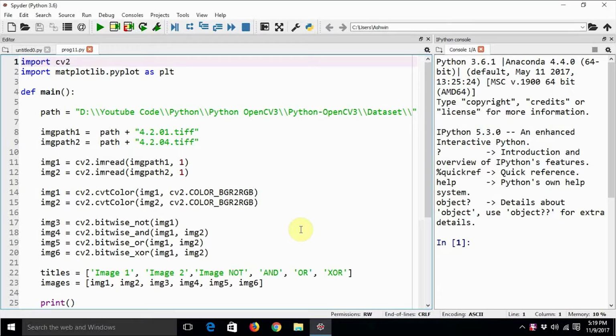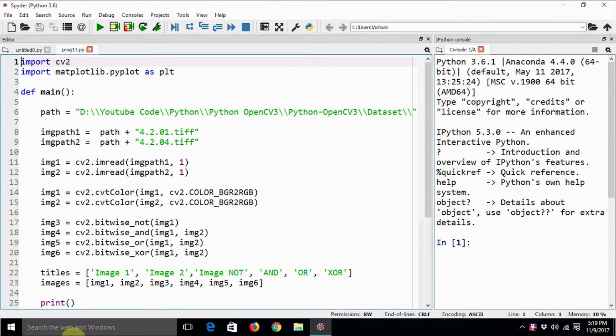Till now we have learned about arithmetic operations on images, and we have done a couple of mini projects on that. We have also understood how to separate channels of a color image, and how to visualize them separately using cv2.split and cv2.merge. We have also understood how to compute a negative of an image. So in this particular tutorial, we are going to apply logical operations on images.